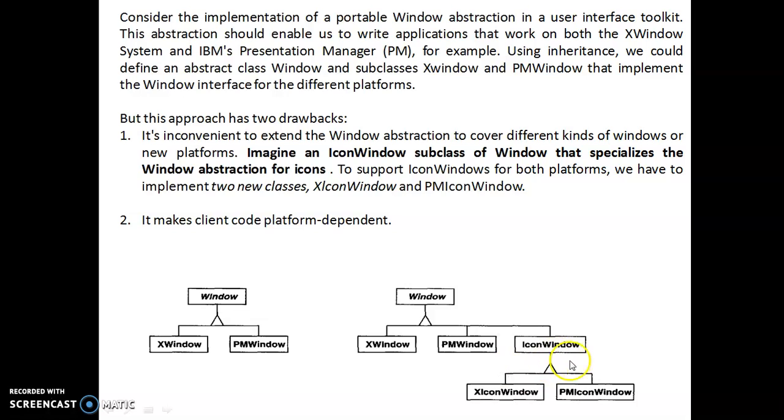See, there is no special meaning for this X icon window and a PM icon window. The conclusion is that whenever we want any particular thing to be added to an existing one, we just extend that, we add it with the base class, and then we execute our task.